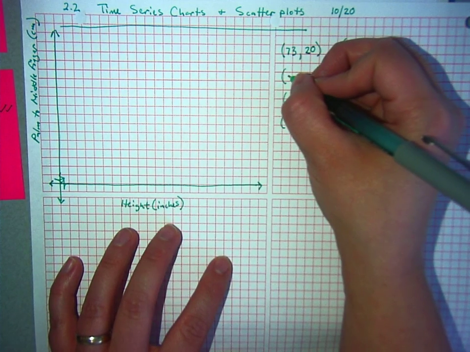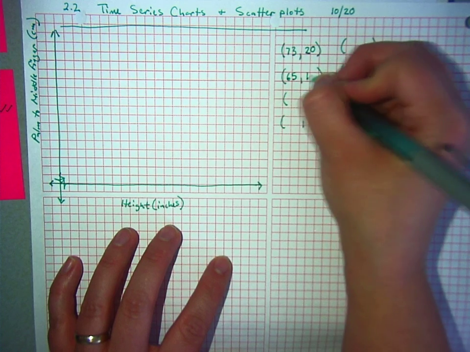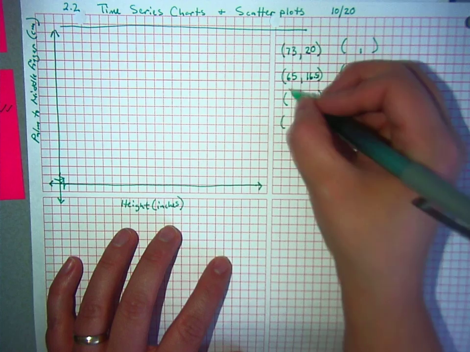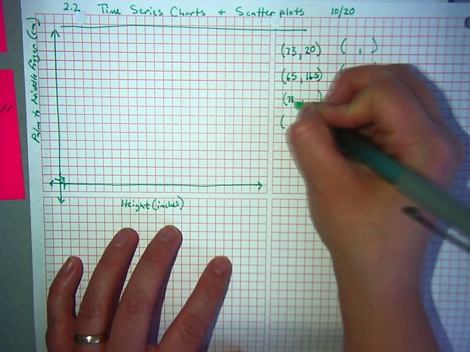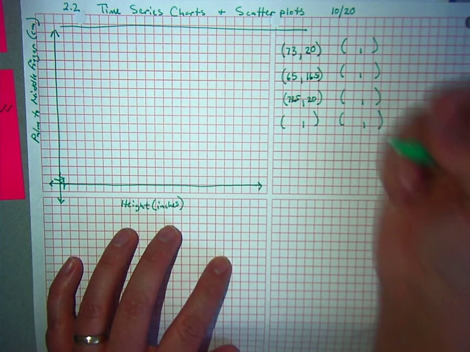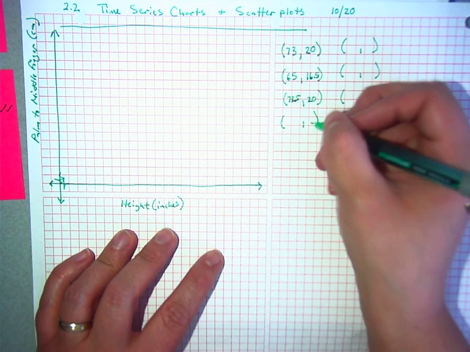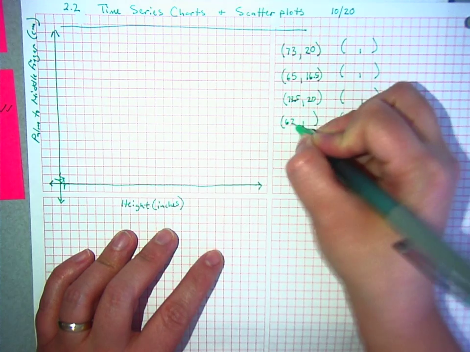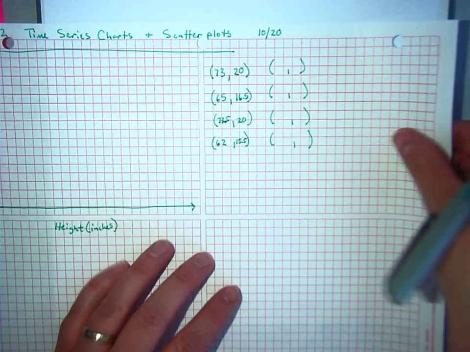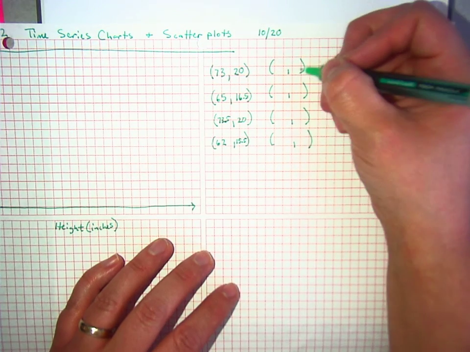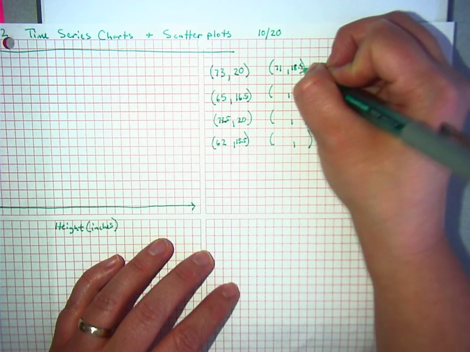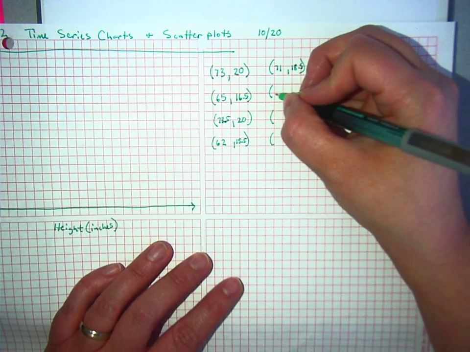Michaela: 65, and then 16 and a half. 16 and a half. Everybody should be writing these numbers down. Jaden? 73 and a half, 20. Yeah, you understand the difference between a half inch. You get it. All right. Megan? 62 and 15 and a half. Okay. Landon? 71 inches and 18.5 centimeters. Okay. Alex? 70 inches and